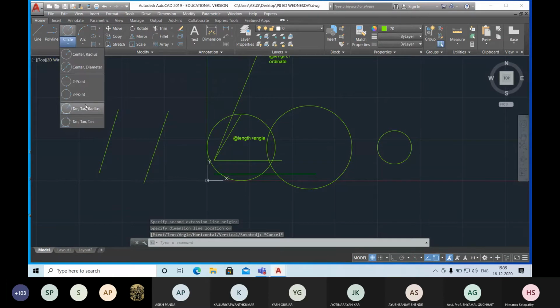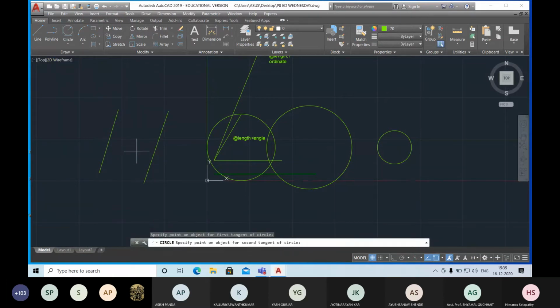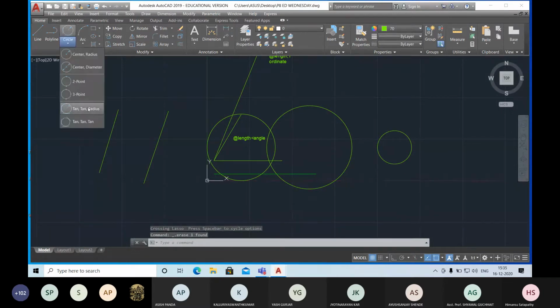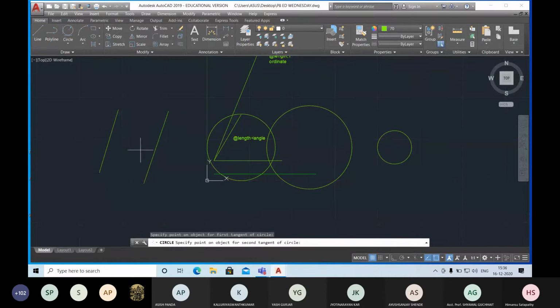So I will go for the tangent radius, and I can select this one, 30. It is 35. Sorry, I made a typographical error. So I will just go to tangent radius, select tangent, enter 35. This touches 2 sides, and then you have to mention the radius. You need to measure this distance, because I don't know the distance, so that drawing does not appear.